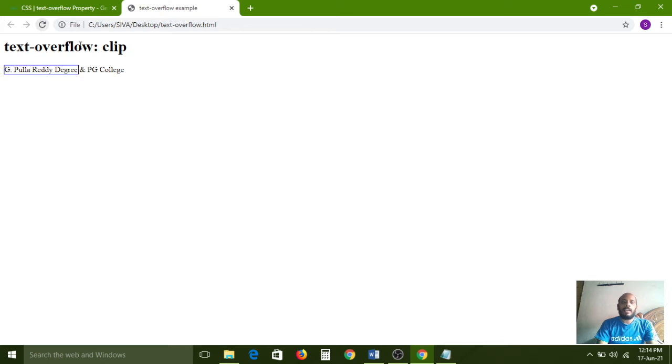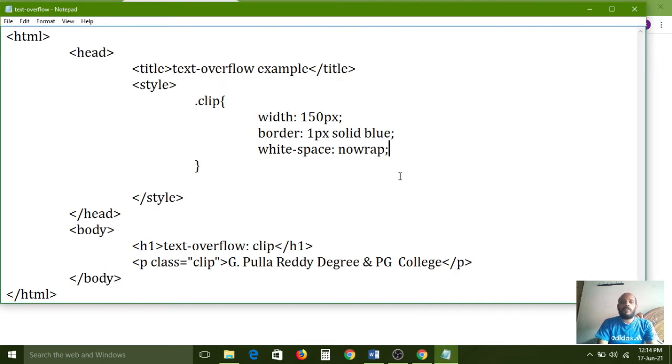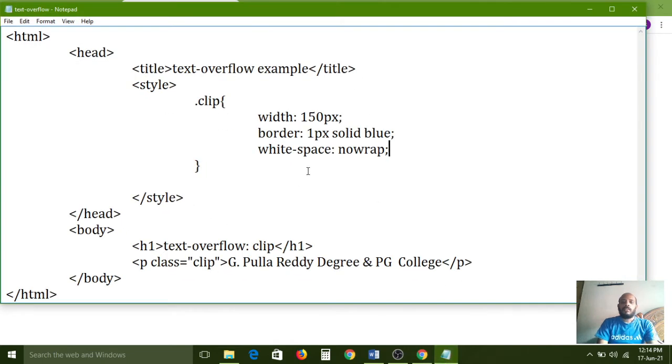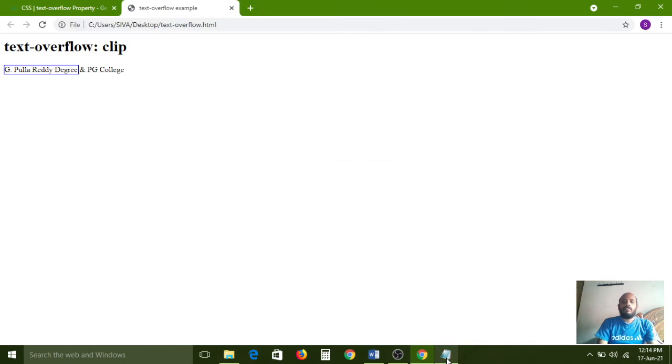Here nowrap means I don't want to wrap in the next line. That's why we used the white-space: nowrap property in this .clip class. Understood? So the text is coming out of the boundary, not inside it. It has crossed the boundary box.